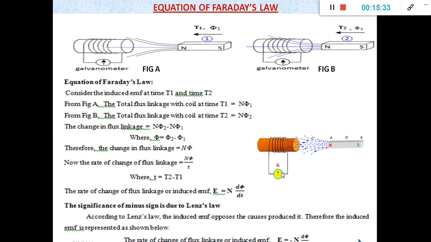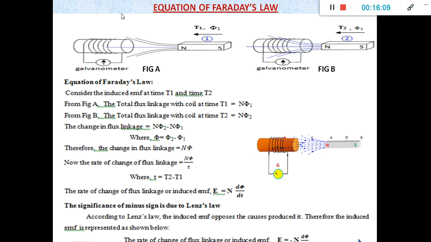Okay, that means if you place a magnet away from the coil, no EMF is induced in it. If it is very close, it cuts the maximum flux lines, therefore the maximum amount of EMF is induced. Therefore the galvanometer shows the positive direction. If it moves away, the flux linkage is reduced, that means a smaller amount of EMF is induced in it. That is represented here.